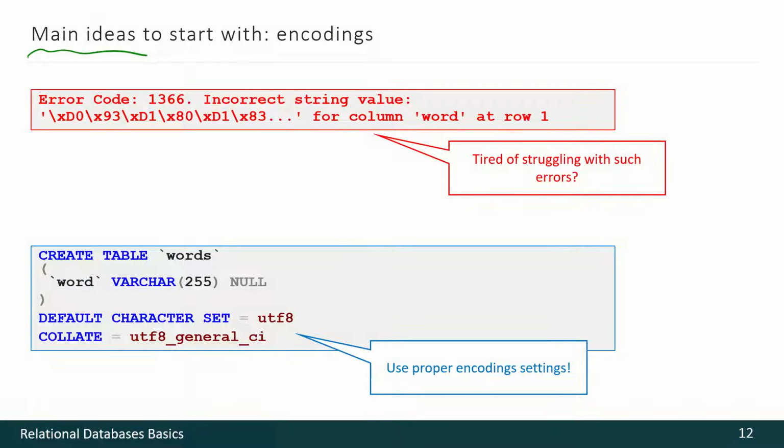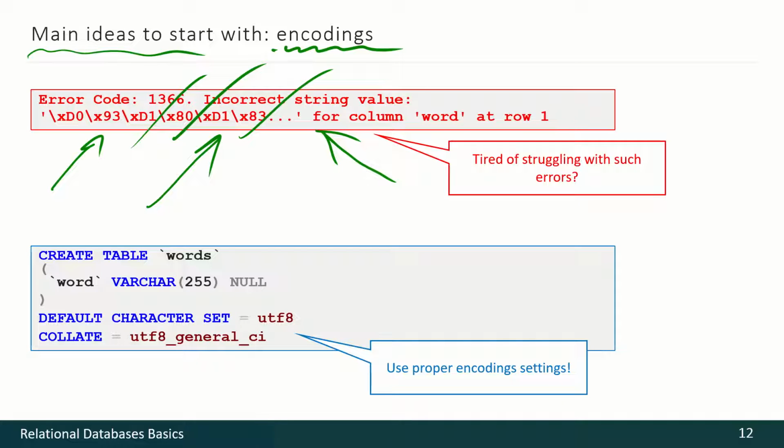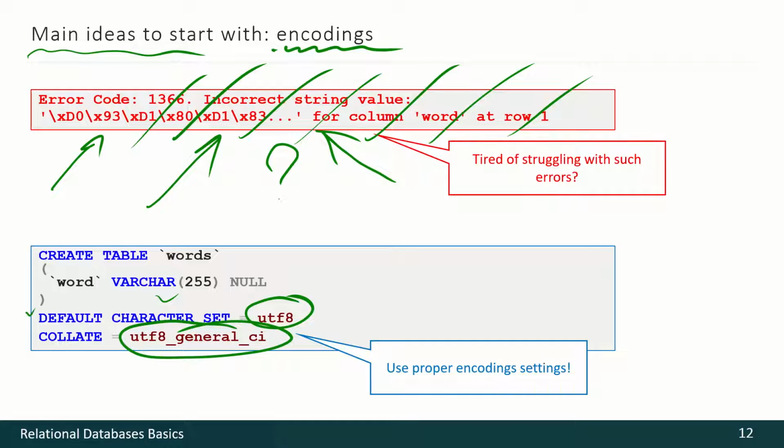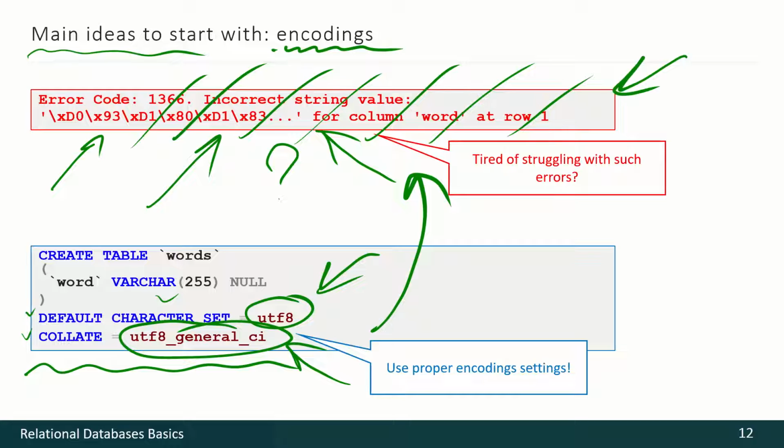The next thing to deal with is encodings. If you've already seen such messages in your practice, or your users have seen such messages in your applications, you understand that this is a mistake. This is something wrong, something bad happened inside the database. How to avoid such situations? Always set encodings explicitly. Use special syntax, use special capabilities of your tools to set encodings explicitly. Never rely on default settings of the DBMS, because otherwise you'll get such messages a lot.